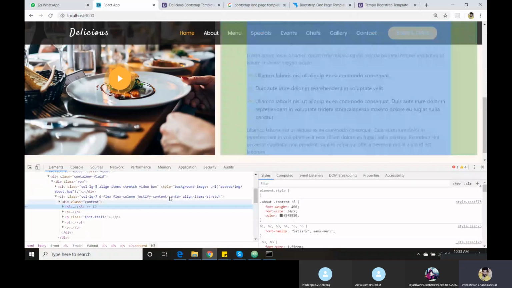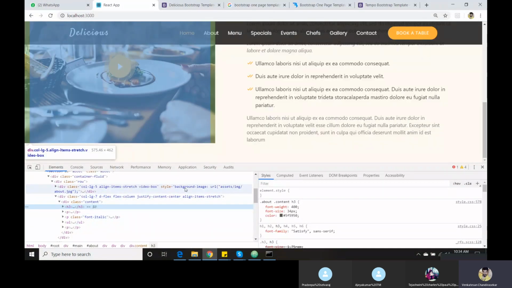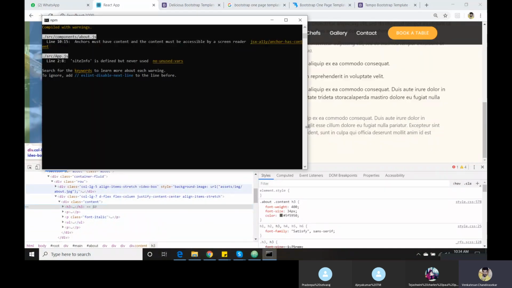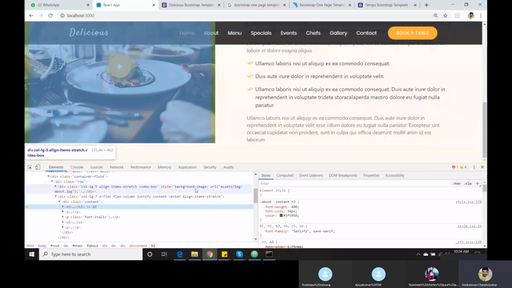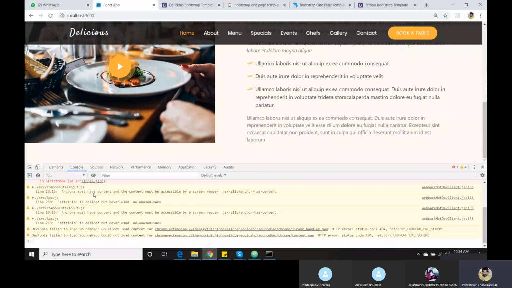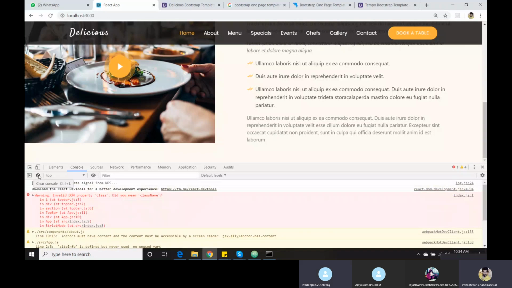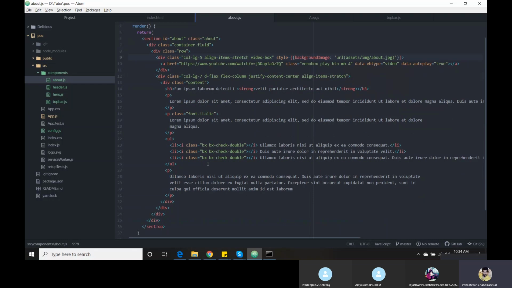the same way what we did in Delicious. Wait, I will show you the code, how they render it. Here, take a look at it. We have written backgroundImage in the React feature code with a capital letter, but in our front end view they just converted that into normal CSS, background hyphen image. You got it. This is a React JS feature. We need to follow their syntax, then probably we don't get any error. Now it is working fine.